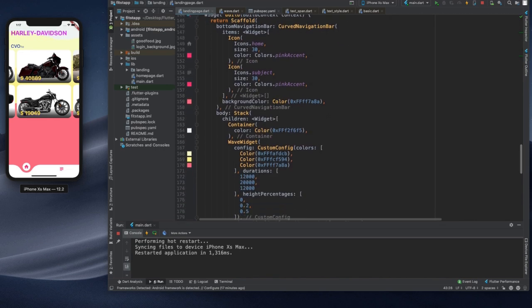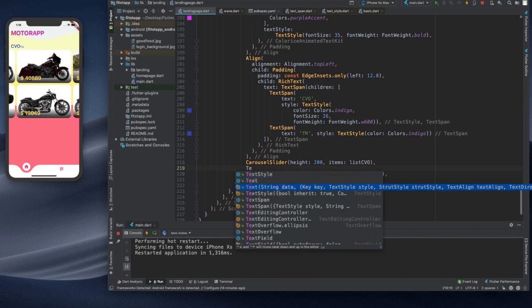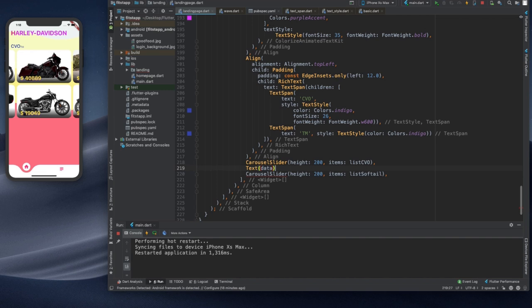In the following video we will add the function that we can click on the picture and show some more details. Now we just simply add another widget, text widget, and we don't need the which text widget, just say soft tail,